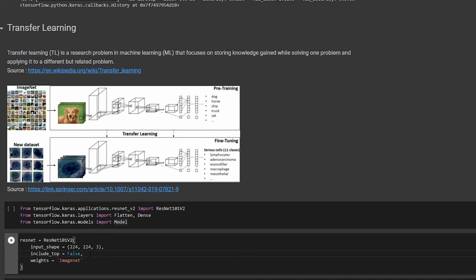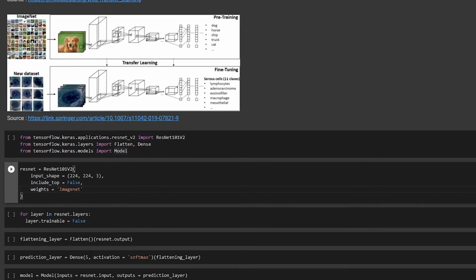All right. After that, for weights I'm going to use ImageNet. ImageNet is a massive data set of 1000 classes, so I'm going to perform on that. Then one more important step: for layer in ResNet.layers, layer.trainable is equal to false, because we are importing the weights that have already been trained. So I'm going to say trainable is equal to false. I'm not going to train, I'm just going to run my data through that network. I'm just going to iterate through it.